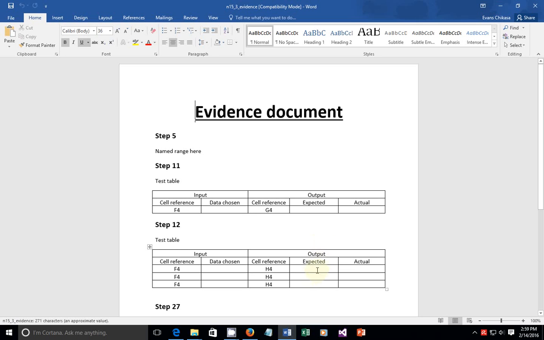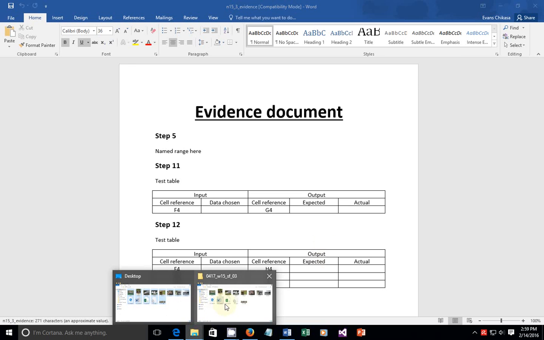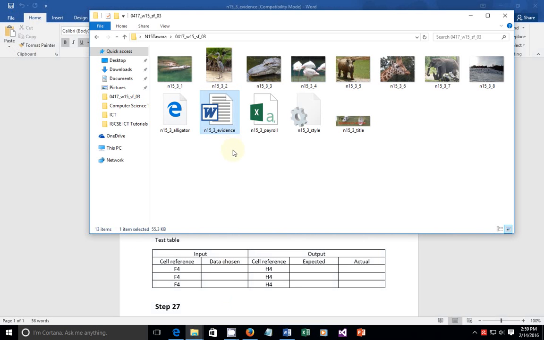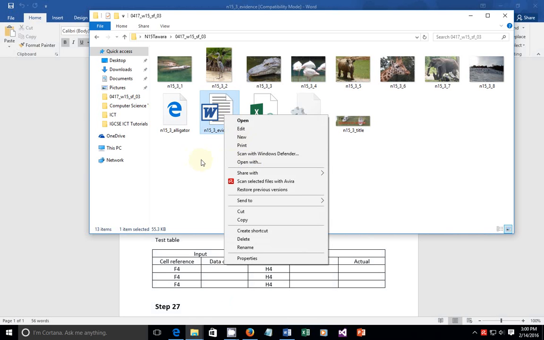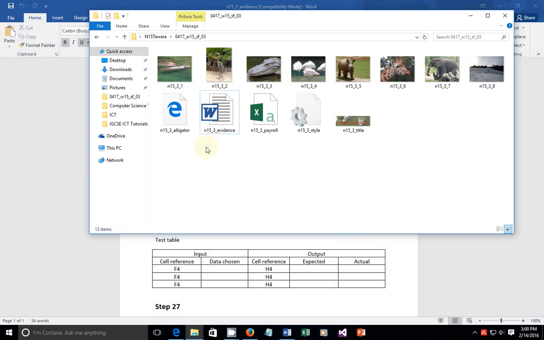You may notice that I didn't just go and double click on this file and open it. I had to right click, go to open with and select the appropriate software to open it with. Sometimes you may double click on a file and it may open a default application package that you don't want. Different computers are set to open certain types of file by default. So if you just rush and double click on a file, you may find that it opens a wrong package,